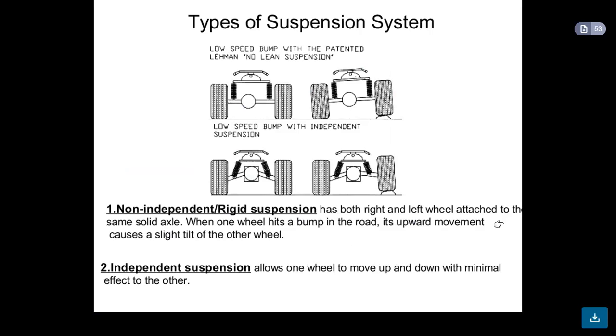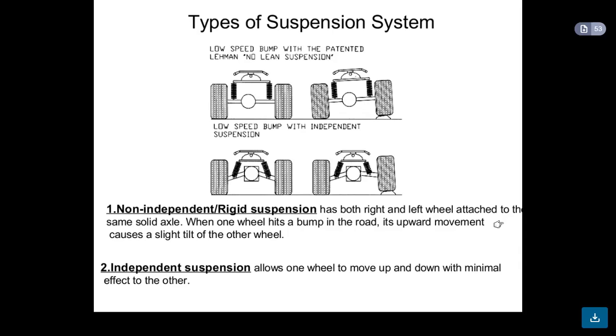When one wheel hits a bump in the road, its upward movement causes a slight tilt of the other wheel, like in this diagram. And in case of independent suspension, it allows the one wheel to move up and down with minimal effect to the other.